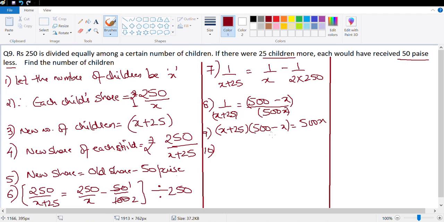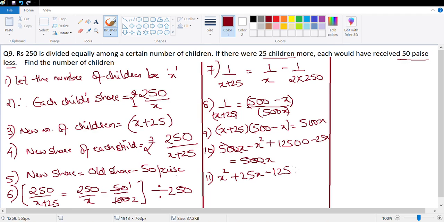Perfect. Let's open the bracket. So x into 500, that's 500x. x into negative x, that's negative x square, plus 25 into 500. 25 into 5, that's 125, yes, with two zeros, minus 25x is equal to 500x. 500x and 500x get cancelled from both sides. Let's take everything on the other side so that I have an x square which is positive. So this is x square. Negative 25x when it goes to the other side becomes plus 25x, and plus 12500 becomes negative 12500, is equal